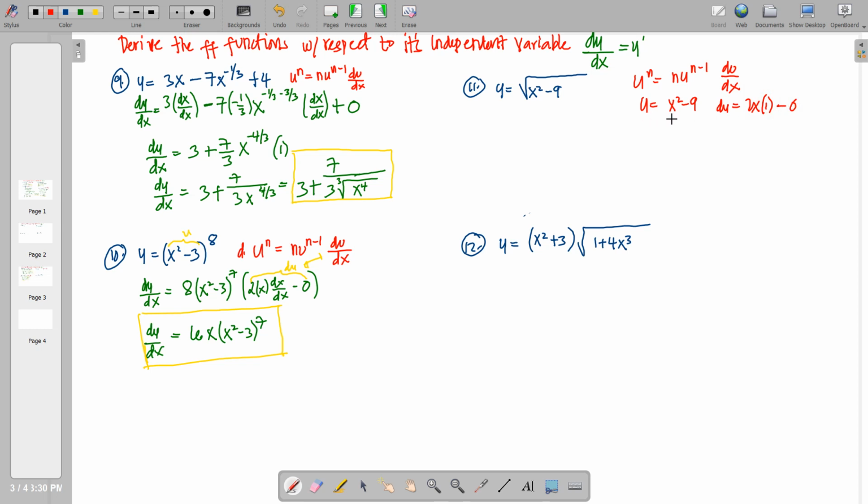Okay, so knowing u and du, what is our n here? Our n here is actually 1/2, because a square root is equal to the power 1/2. So in short, this expression can be written as x squared